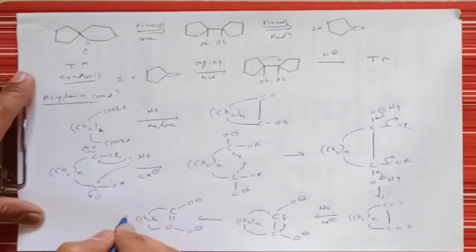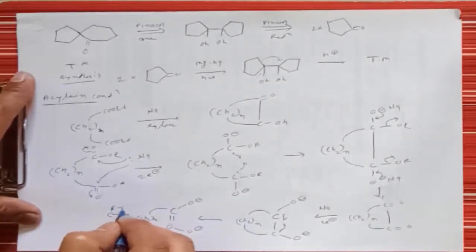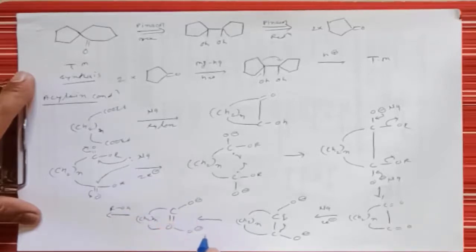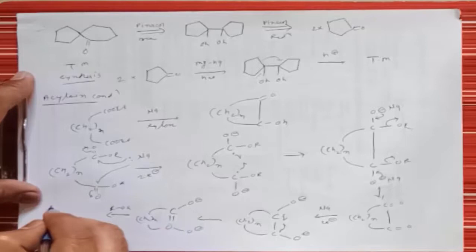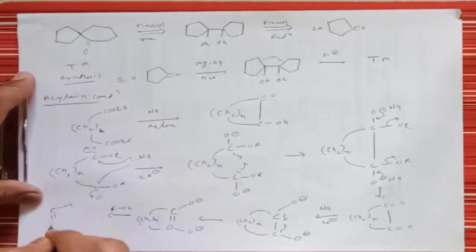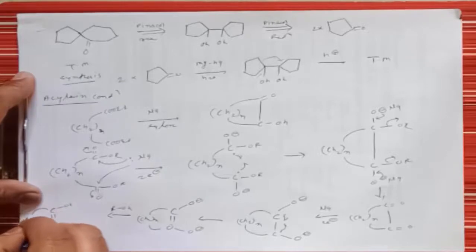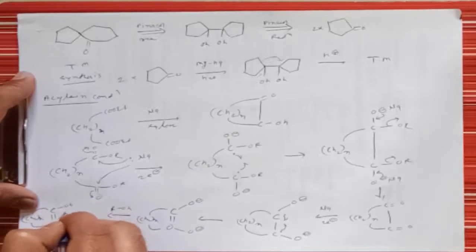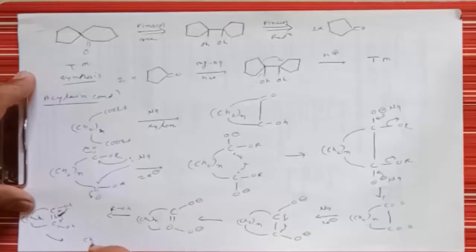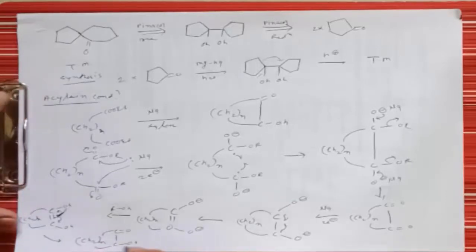Then in the further step it will react with this alcohol, that is ROH, then it gives formation of a diol, that is COH double bond COH, and here is the CH2 N group as it is, right, and in the further step it gives formation of an alpha hydroxycarbonyl compound, CH2 N, C double bond O, and here is COH. Right? So this is the mechanism for the formation of acyloin condensation.